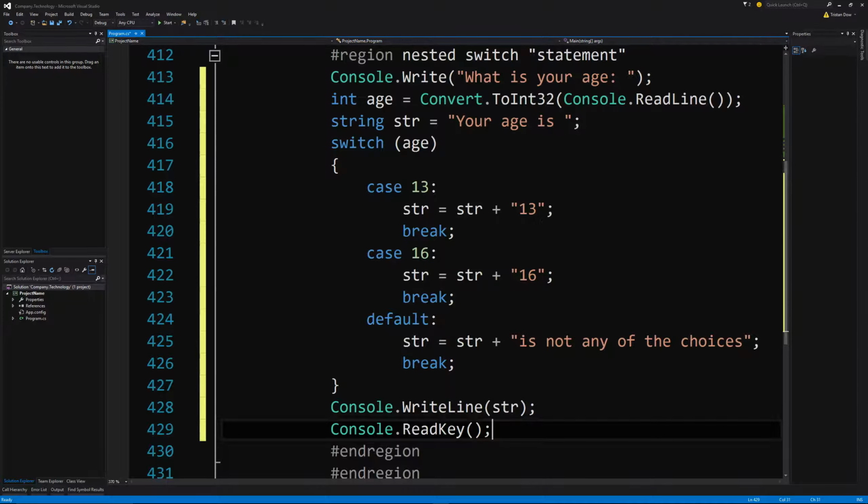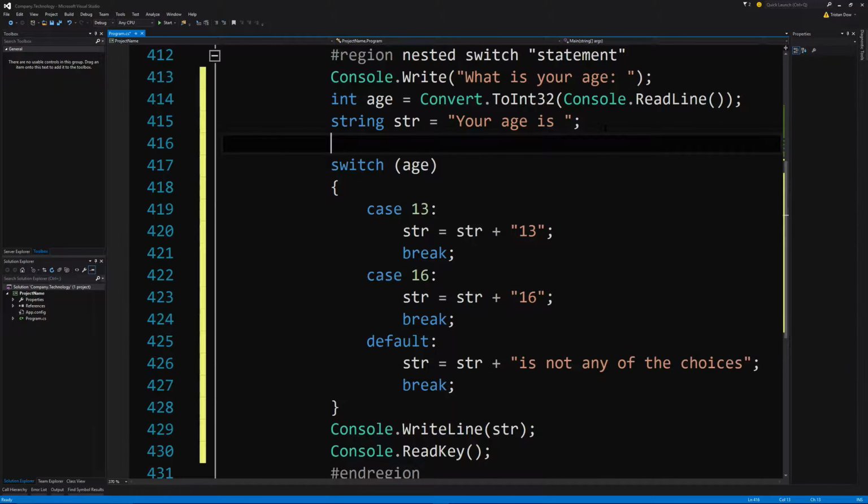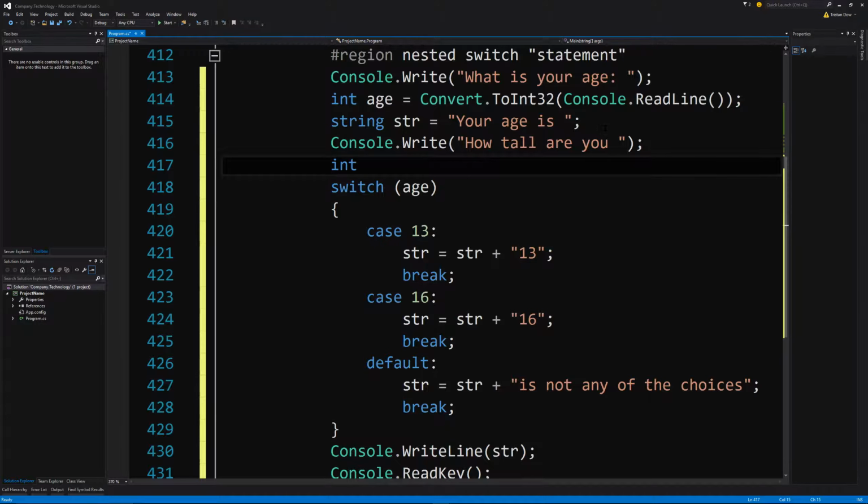So inside case 13, we're going to do another switch statement, which will be console.write how tall are you? And we'll do an int or a double height equals Convert.ToDouble console.readline,